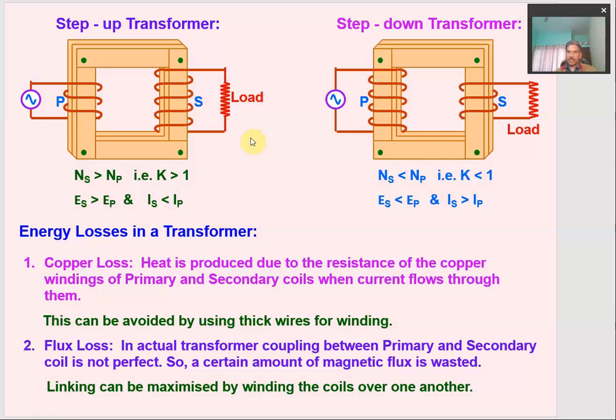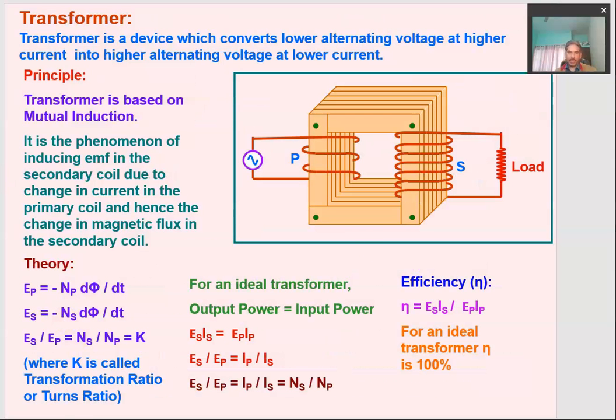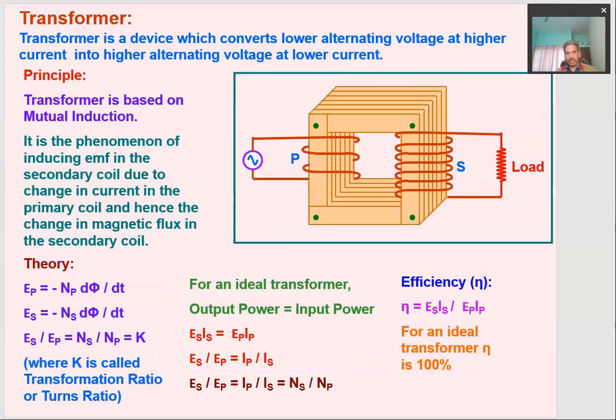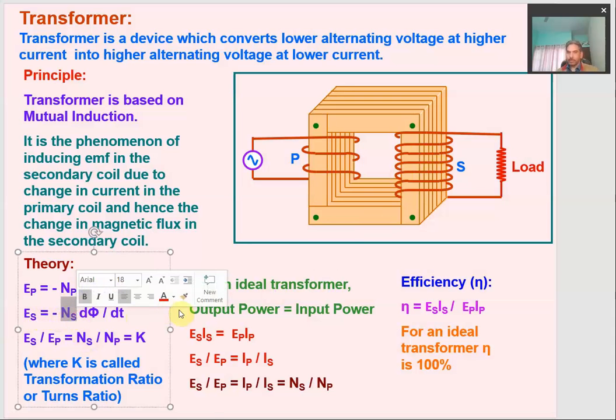The working of the transformer is the same as we have just discussed in the previous slide. In case of a step up transformer, as we have discussed, this ratio, the transformer ratio NS upon NP, is the number of turns in the secondary coil per unit number of turns in the primary coil. When we require a voltage to be increased, we require the number of turns in the secondary coil to be high, because the EMF induced in the secondary coil will be more if NS is more.